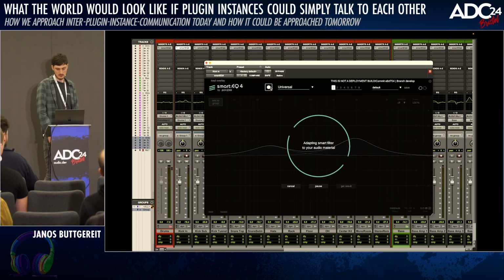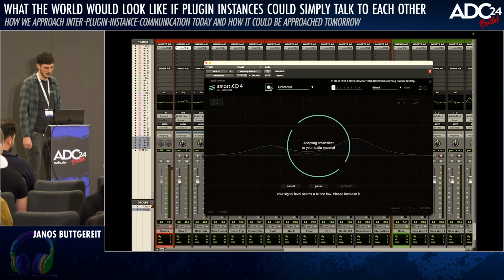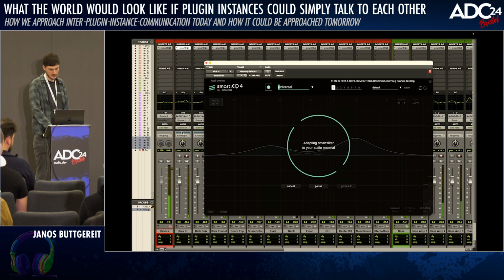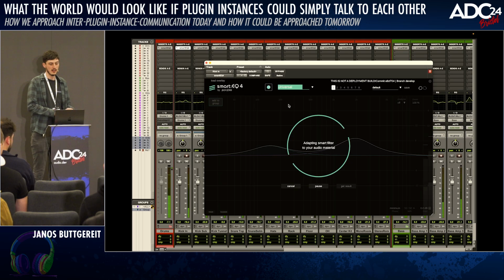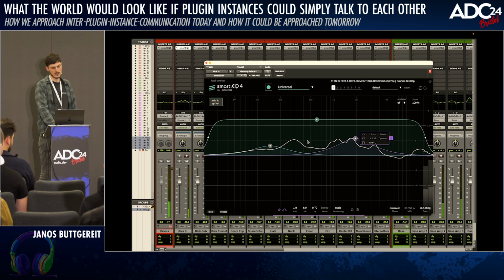If I click it, it tells me it's waiting for audio to analyze. And if I now hit playback, you see this bar filling up. What's happening is it will collect audio data in the background, listen to the signal, and then hand it over to an AI that will derive this crazy filter curve, which is at the moment universal.